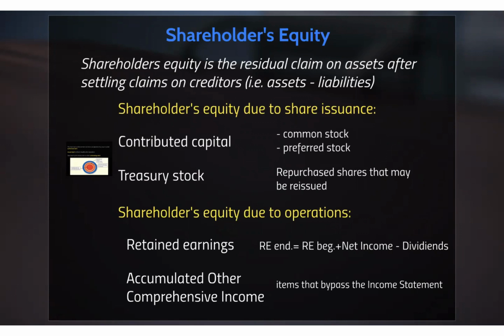If we speak about shareholders' equity due to operations, we speak about retained earnings. We've discussed it many, many times, and this is the beginning retained earnings. Then we can add net income for the year or deduct the loss for the year. And we have to decrease the retained earnings by the sum of dividends which were paid during the period. By this date, we have not discussed dividends, but today we are going to introduce that new definition into our